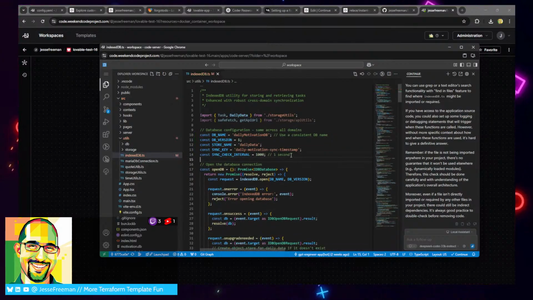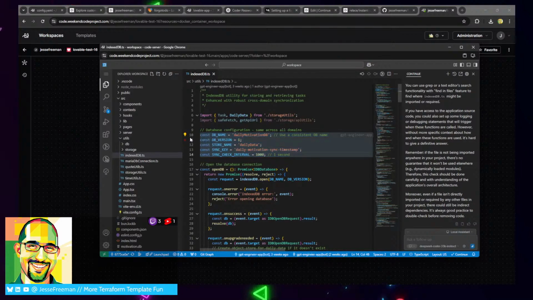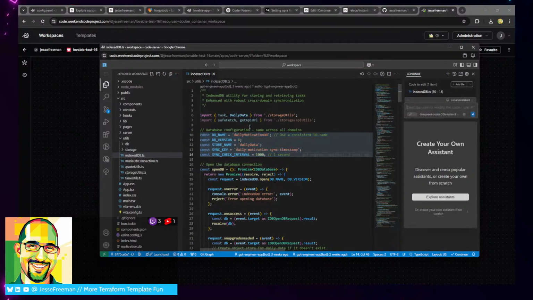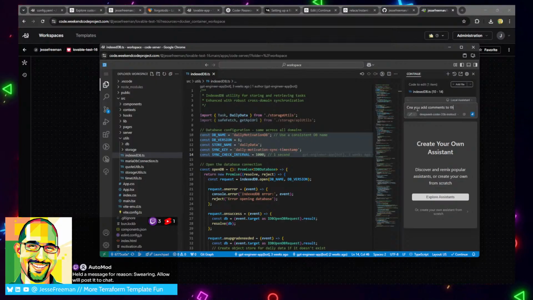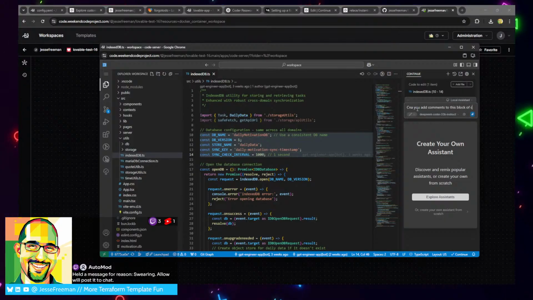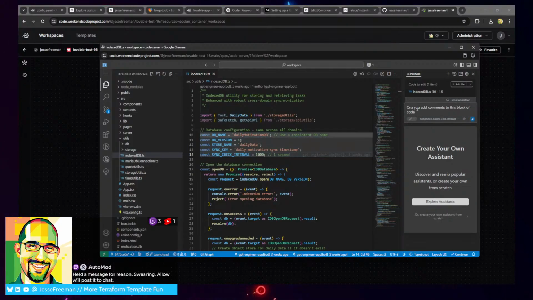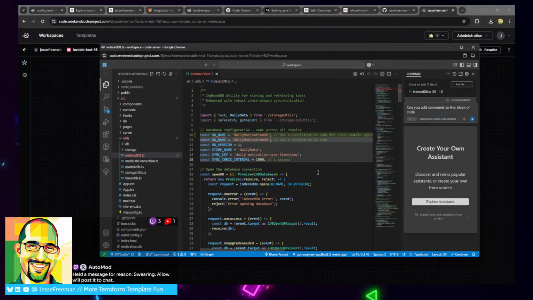Let me delete this and try this again. So we do Command I. What is it going to give me? Agent not supported yet. I know I need to install an agent. Can you add comments to this block of code? All right. So I didn't realize it's running in the background,